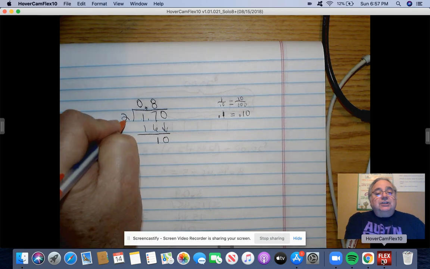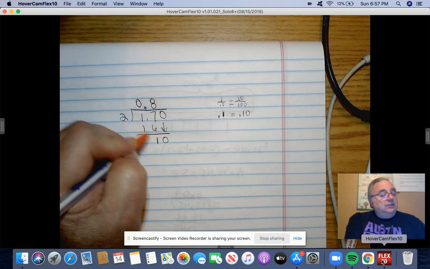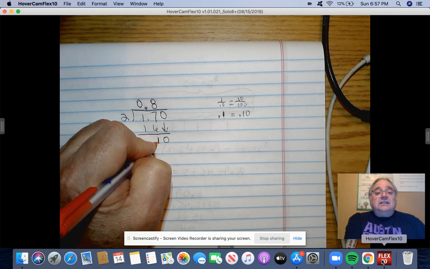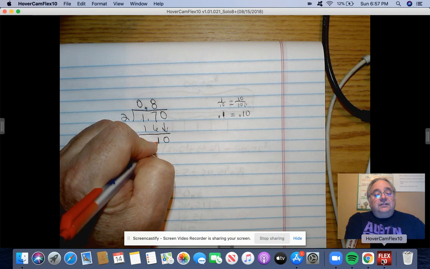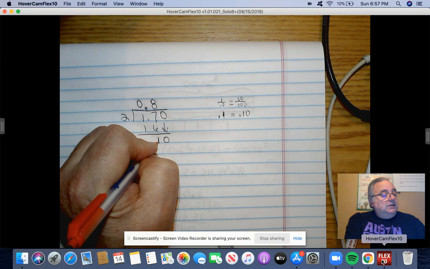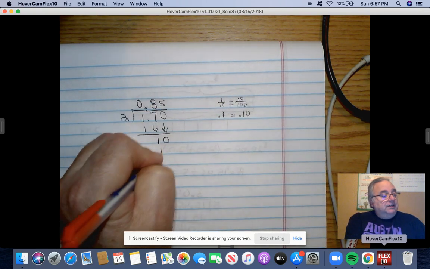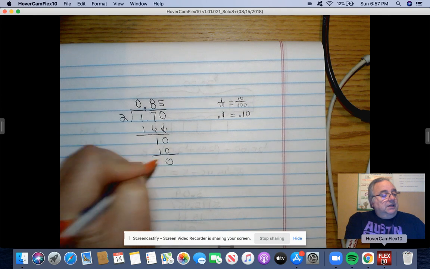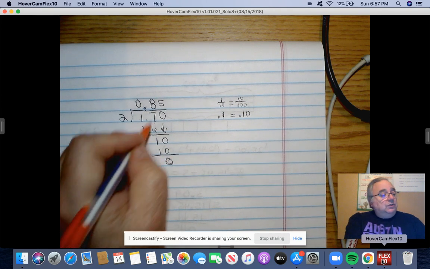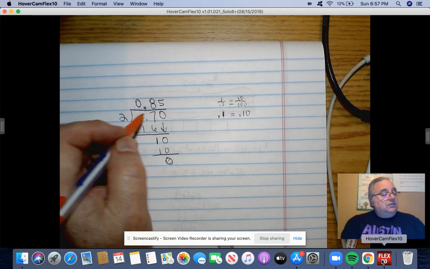Now I can divide 2 into 10 hundredths. That gives me 5 hundredths. Gives me a total of 0. So this lets me know that the answer is